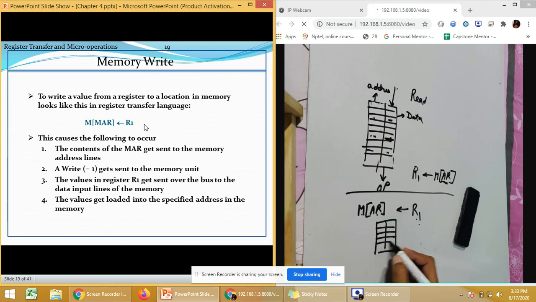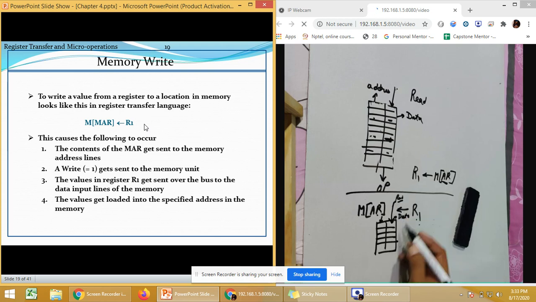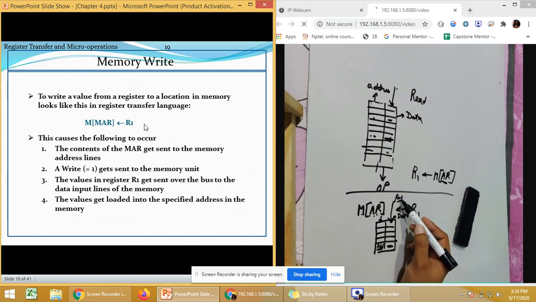The representation remains the same as earlier. There is an address line. This is the data line. So now the input will be taken from this line. This is a read line. So it will take the data from this place and then store it at that address which is mentioned in this command. So that is how it is going to work. The address will be mentioned at this place, and the data will come from this read line, and that data will be stored at this particular location.